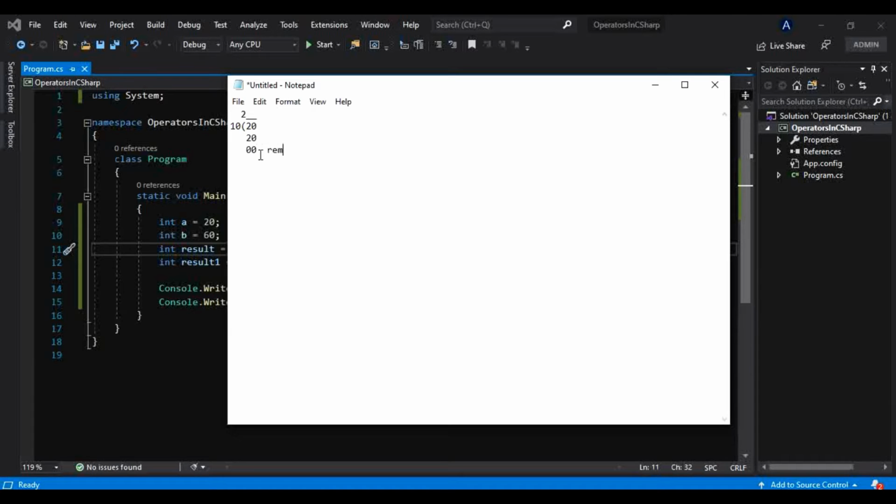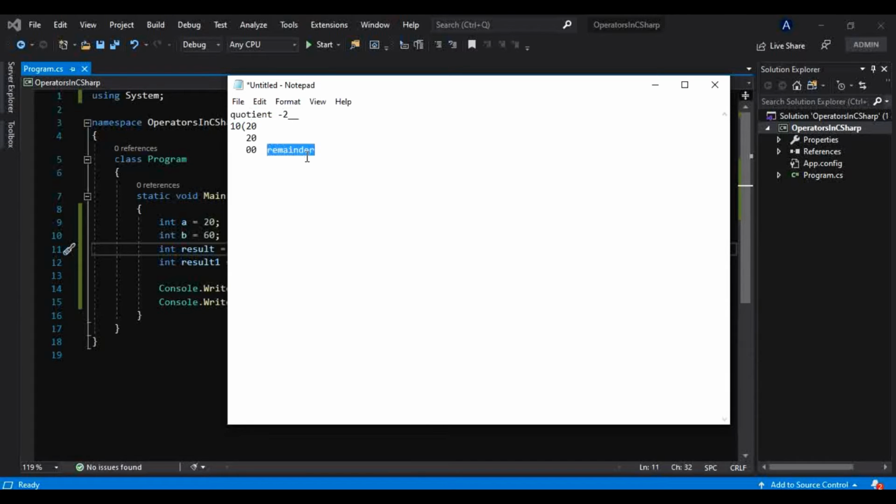So this is nothing but a remainder, and this is nothing but the quotient. Whatever we got up here is the quotient and this is the remainder.